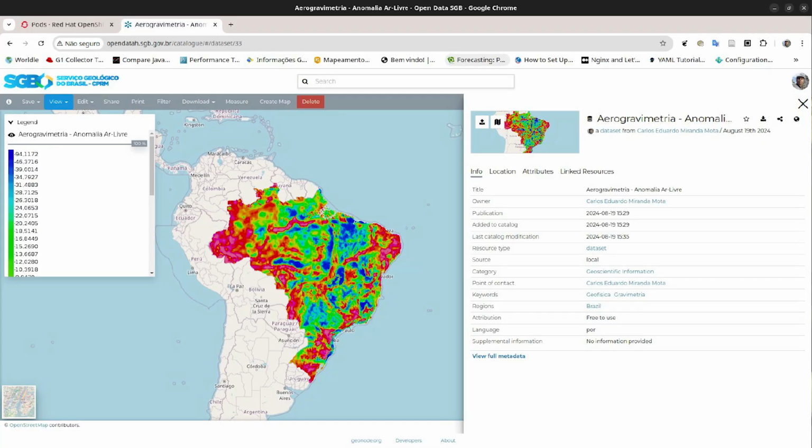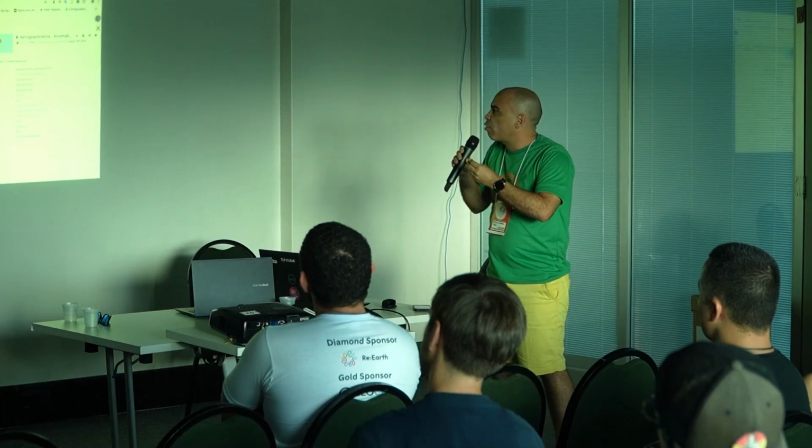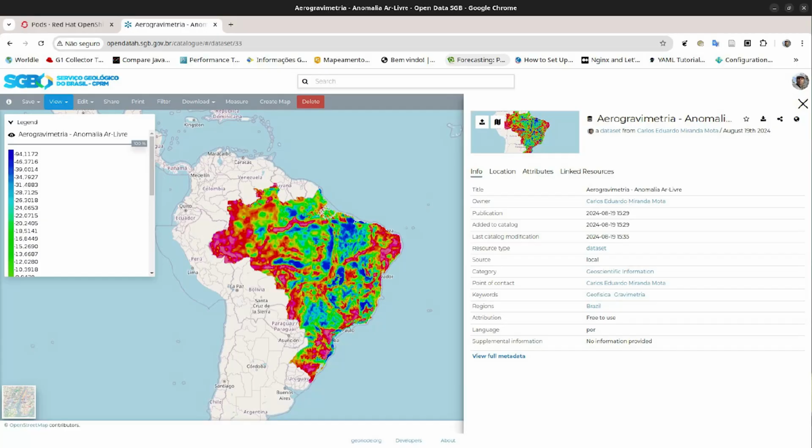This is geophysical data, gravimetry. This is a raster, one band raster, no problem. I think 16-bit cells. This database has a special particularity because this symbology was extracted from another proprietary software, Geosoft Oasis Montaj.